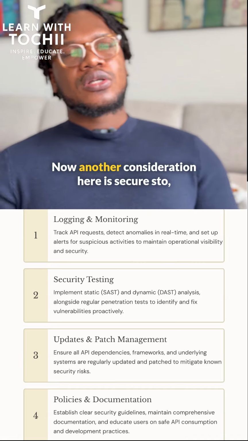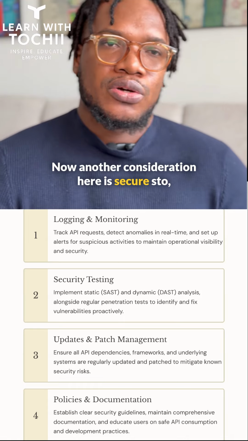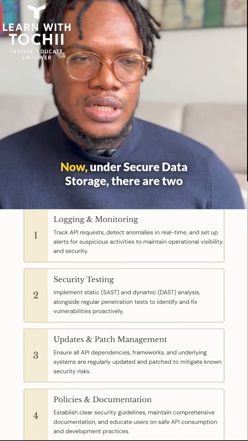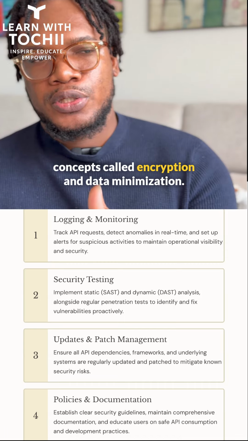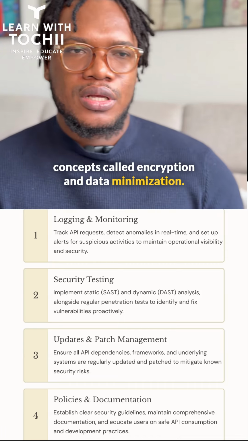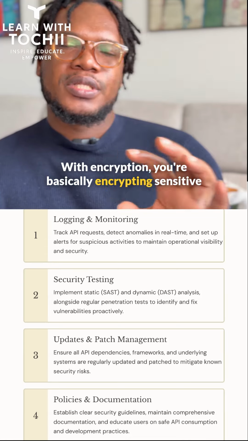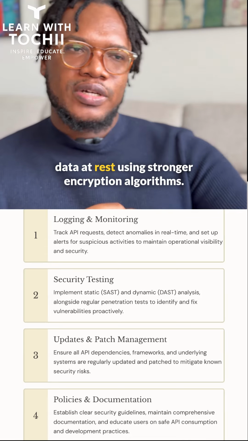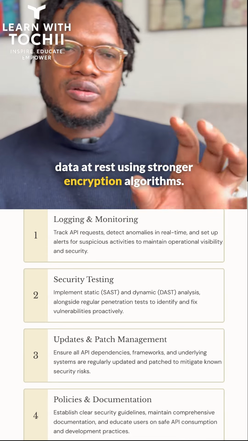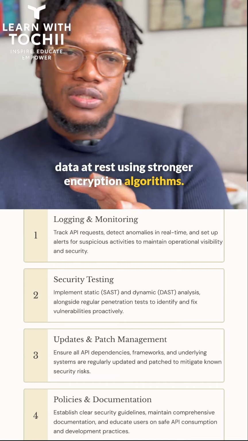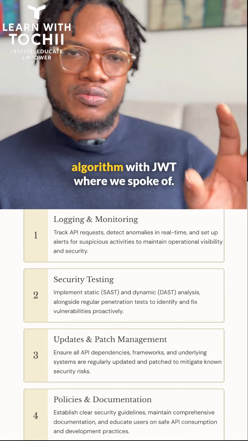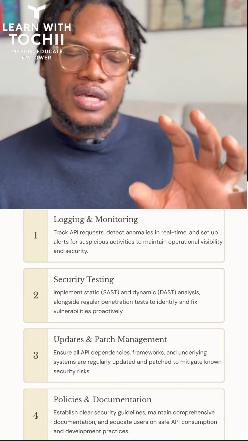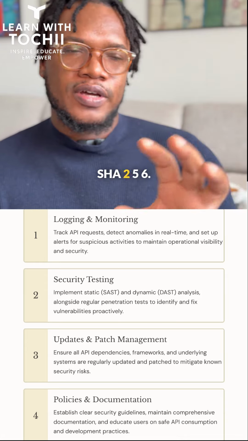Now, another consideration here is secure data storage. Under secure data storage, there are two concepts called encryption and data minimization. With encryption, you are basically encrypting sensitive data at rest using stronger encryption algorithms, right? We spoke a bit about an encryption algorithm with JWT where we spoke of SHA 256. That's just